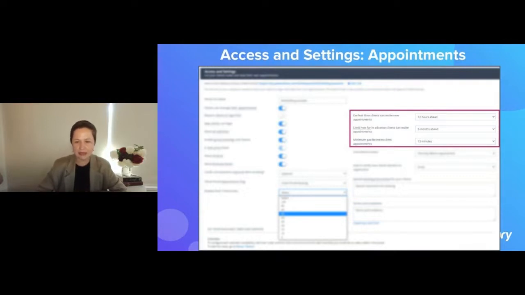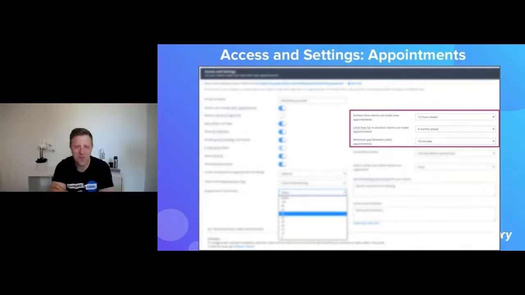Then the next field will allow you to set up how far in advance you want to be booked. Because if you don't select anything there, you can be booked 5 years ahead. But you may want to put that limit, and only be booked for 6 months or 3 months. Before we had this feature, we had this problem, didn't we? People would report that. They'd say, hey guys,